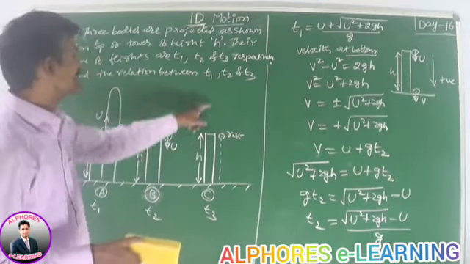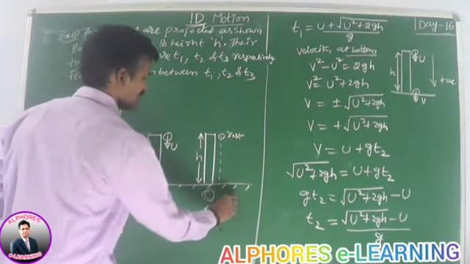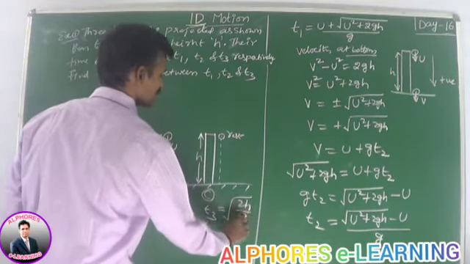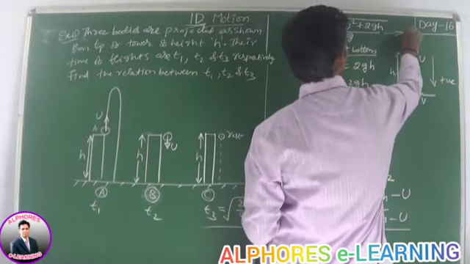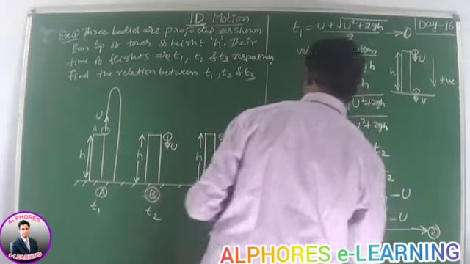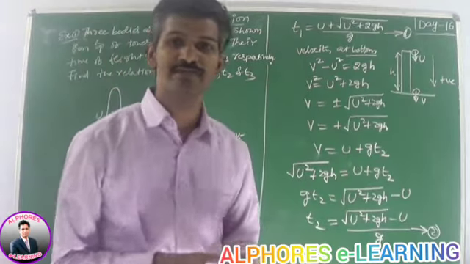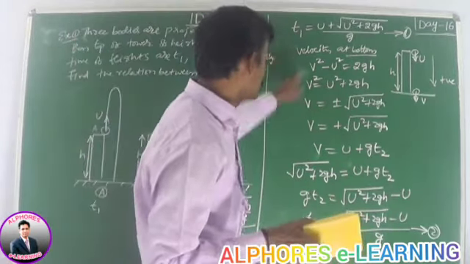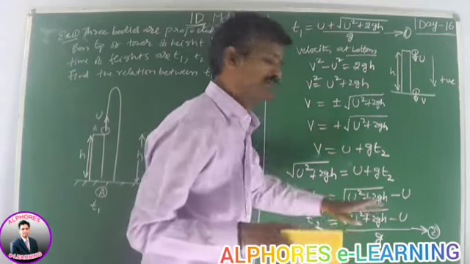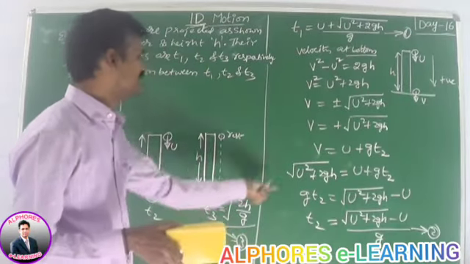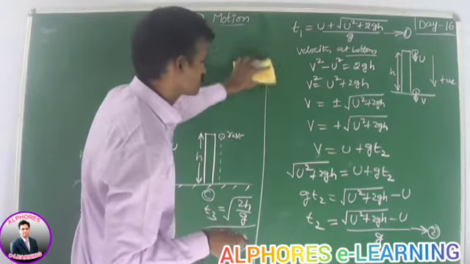What is t3? In the case of t3, the body is released from rest. So you can write t3 as under root 2h by g. Now we have to relate this time t1, time t2 and this time t3. We have to relate these three. To relate those three quantities, first I want to multiply 1 and 2. Why? Because on multiplying these two, I can eliminate the u square term, and then I can relate t3 with h.